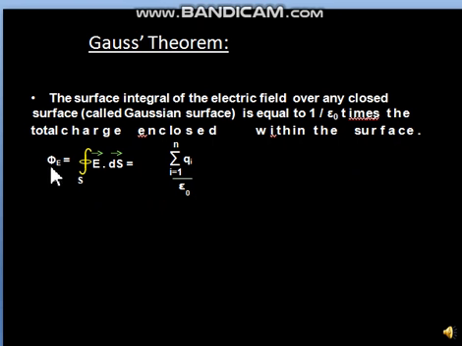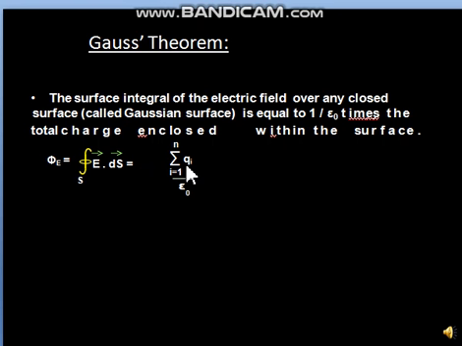So flux phi, which we already know, is integration of E dot ds. This loop denotes here over the integration, this circle has been drawn. This circle denotes that we have to always enclose the charge Q. The charge Q should always be enclosed with some surface. So this loop denotes that charge is enclosed. So the total flux phi is always, according to Gauss theorem, summation Q upon epsilon 0.